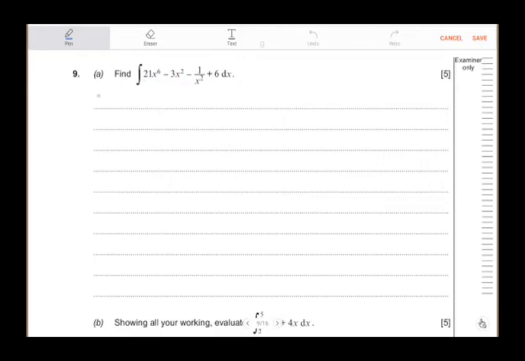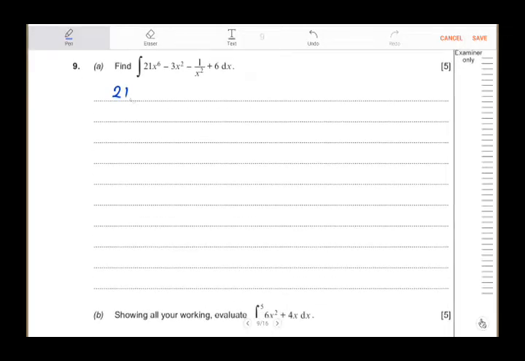And remember, integration is the reverse of differentiation. So we take that term, 21x to the power 6, we add 1 to the power, and then we divide by the power. We take the next term, we add 1 to the power, and we divide by that power. So add 1 to 2, you get 3, and then you divide by 3. Now with this one,